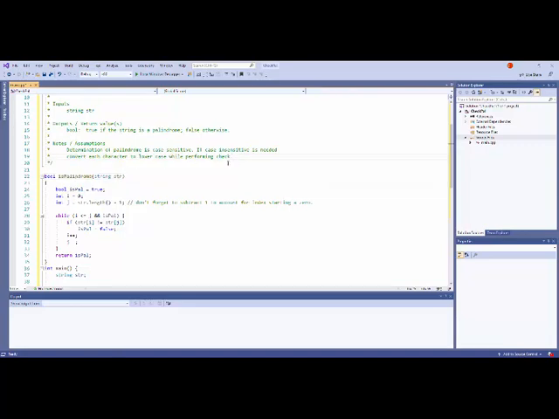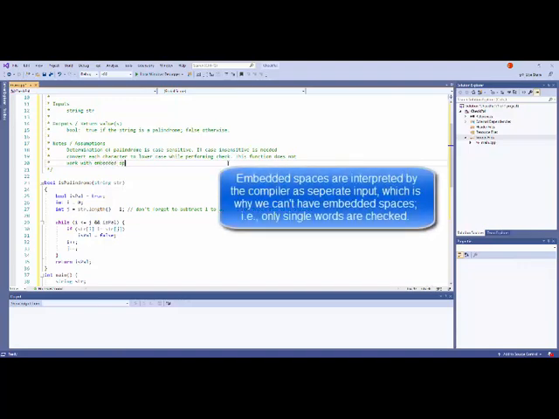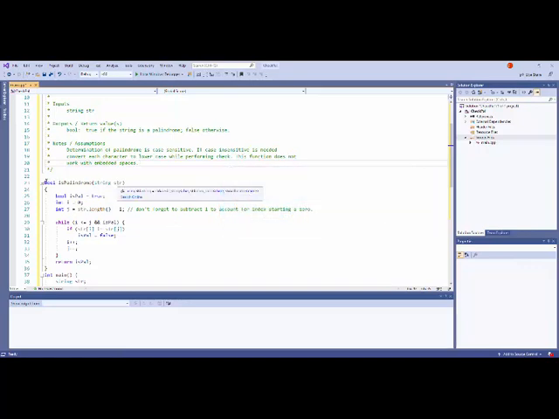And I should also include that this function does not work with embedded spaces. You always want to give the reader who wants to use this function an idea of what this function is doing. So we pass in a string and we're going to return a Boolean value,